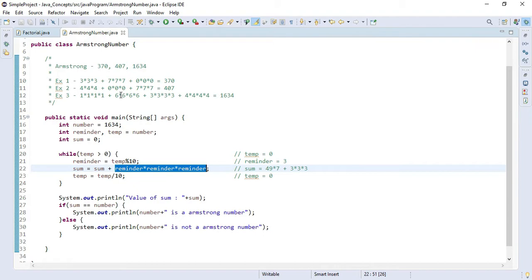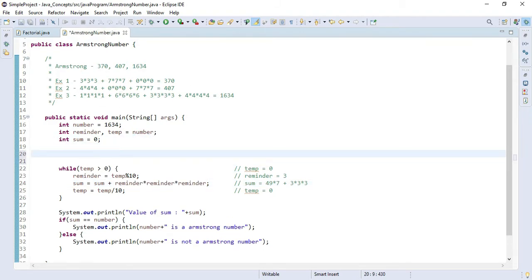So over here we want to create code which should be dynamic in nature. It means if you pass a 3-digit number, it should be able to identify whether the number is an Armstrong number or not, and it shouldn't depend on the number of digits we are passing. To do that, first I will convert the number into a string so that we will get to know the size of our number which we are passing.